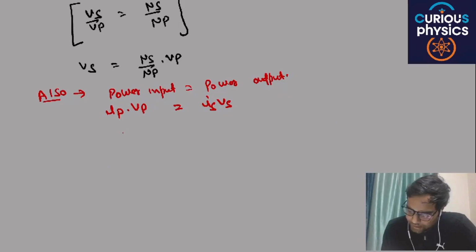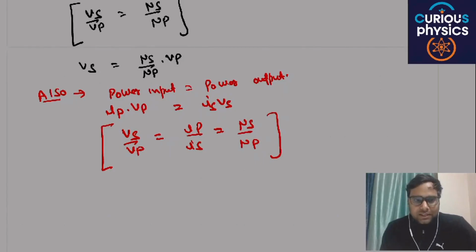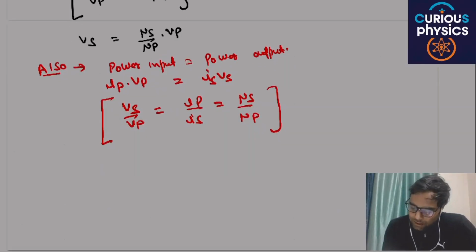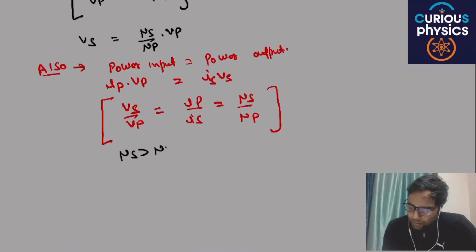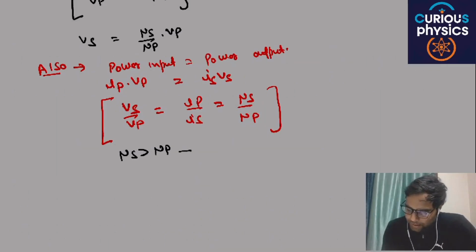Then Vs divided by Vp is equal to Ip divided by Is, which is nothing but Ns divided by Np. This is basically the relation. If Ns, the number of turns in the secondary coil, is greater than the number of turns in the primary coil, you will get a step up transformer,